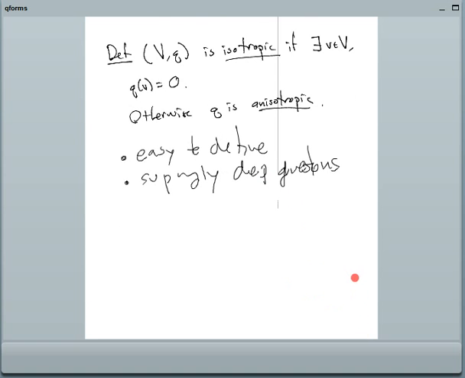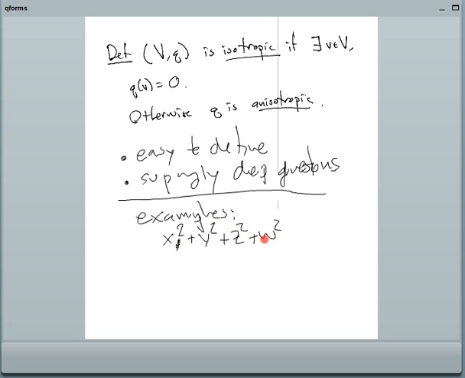Just to illustrate this point a little bit, some more classical examples of interesting statements about quadratic forms: for example, if you look at the form x squared plus y squared plus z squared plus w squared,